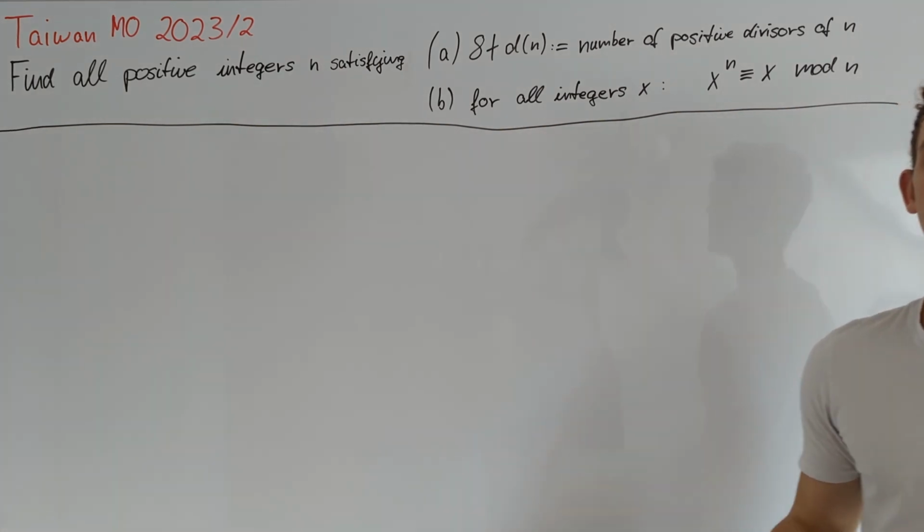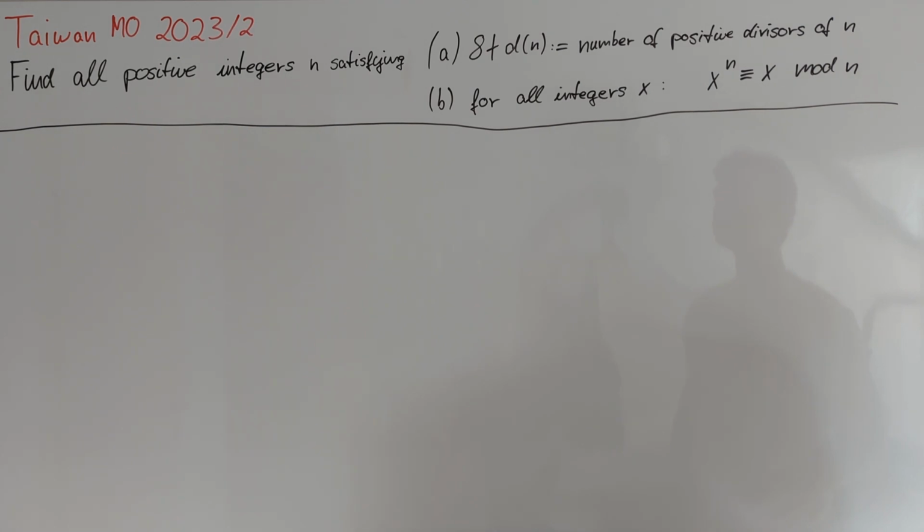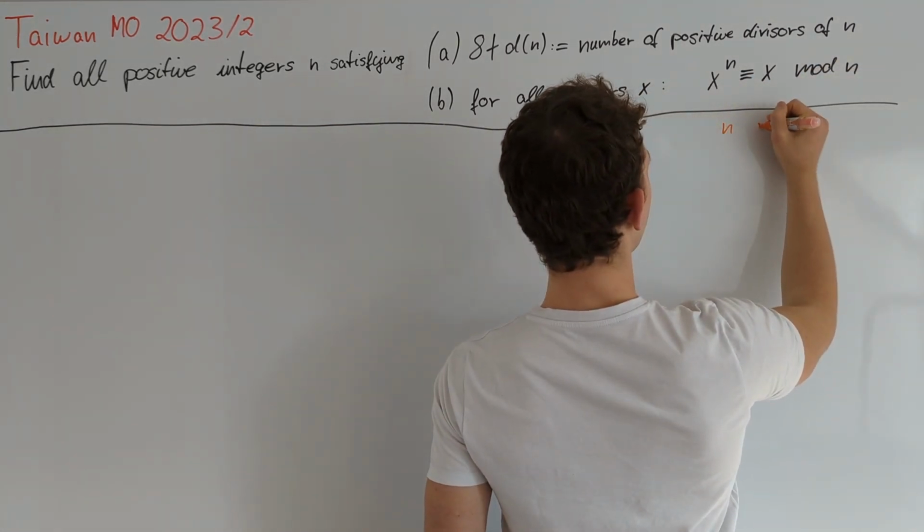This problem is heavily inspired by Fermat's little theorem, which exactly states that condition B holds if n is a prime. Furthermore, we notice that for n prime, d(n) equals 2, and 8 does not divide 2, and therefore n prime